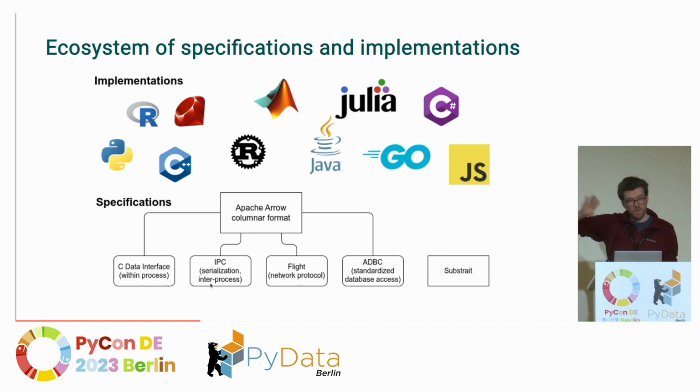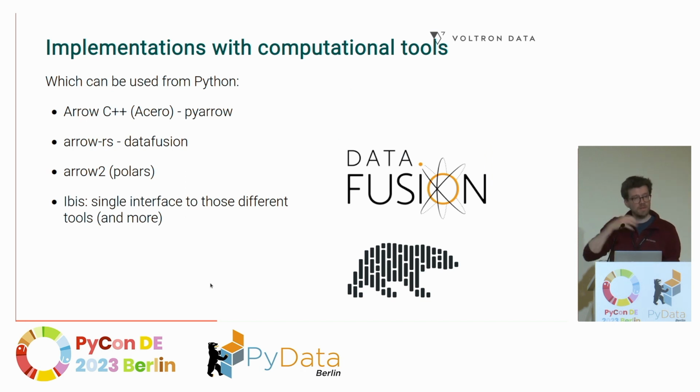On top of that, you have lots of implementations in various languages. Most of them, at least all of them, implement at least the core memory layout and the serialization format. Depending on each implementation, you will also have a different level of how many tools they provide to actually compute things on Arrow data. And so if you look at it from a Python point of view,